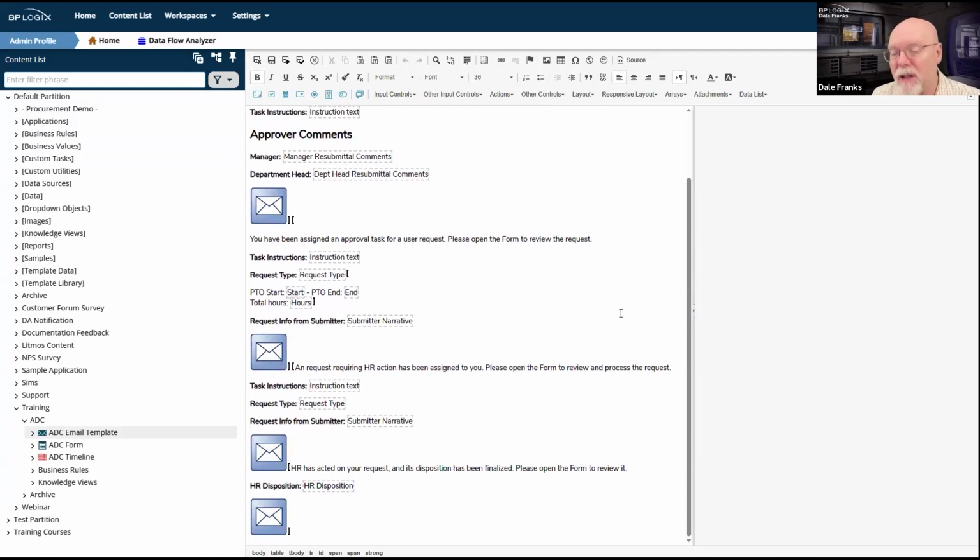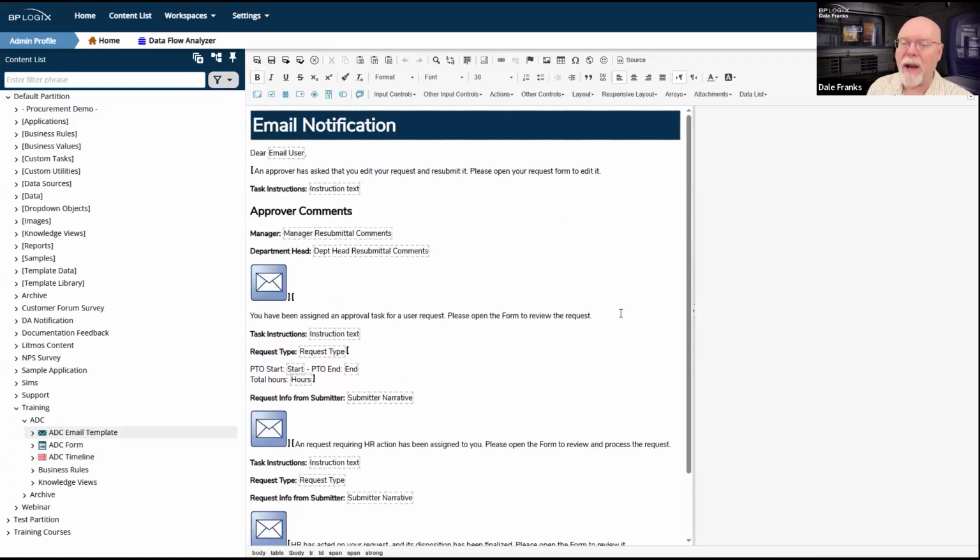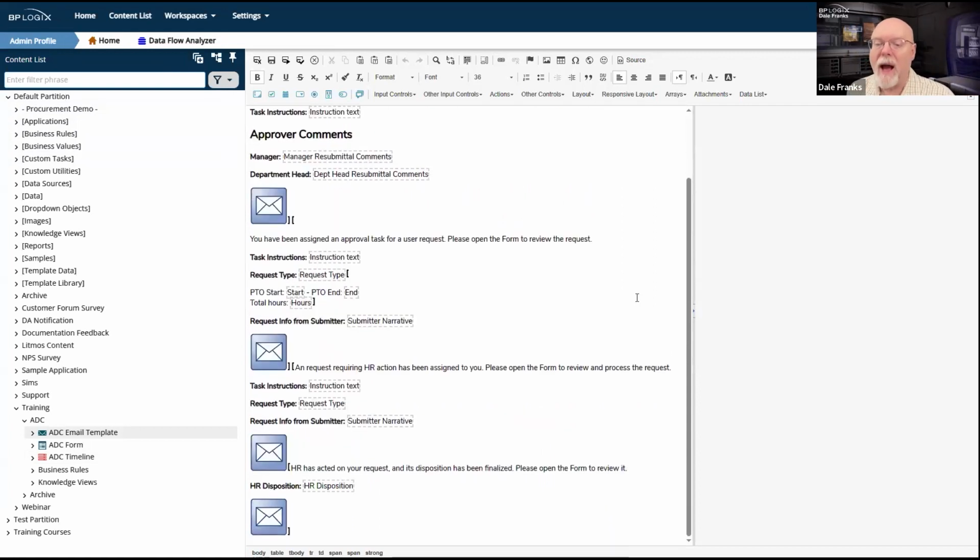Now, this is a little tedious too, because now that I've created my template and I have my 4 sections and I have my messages, I do have one little problem, because on an email template, even though each section has its own email data control, only one email data control can be visible at any given time.